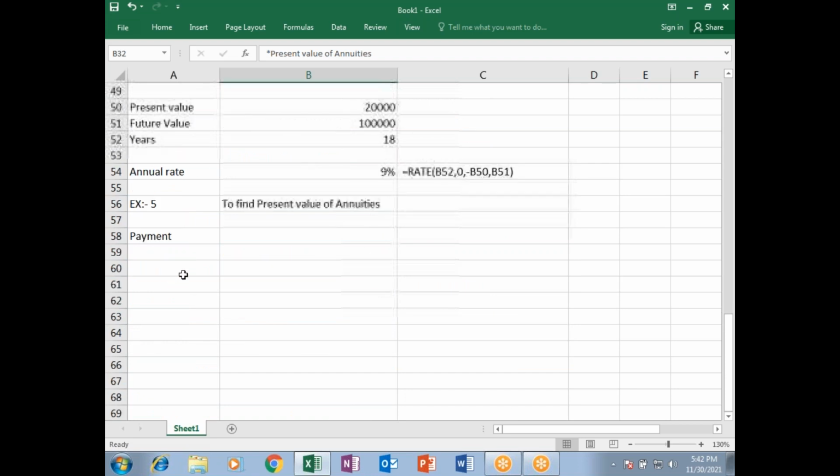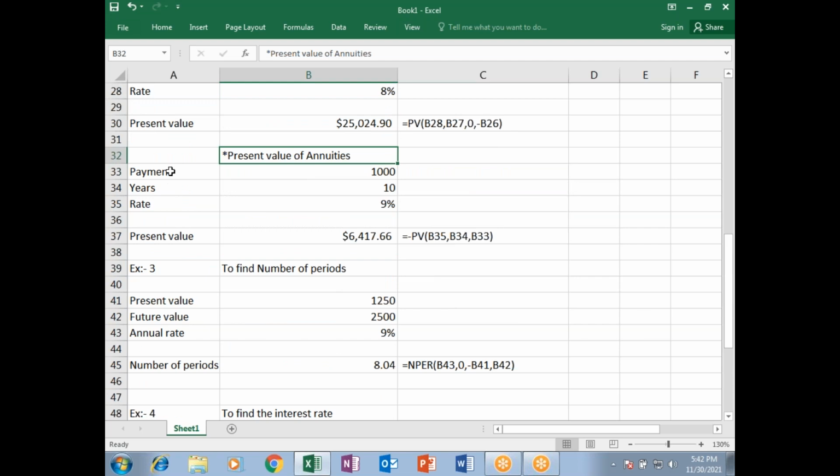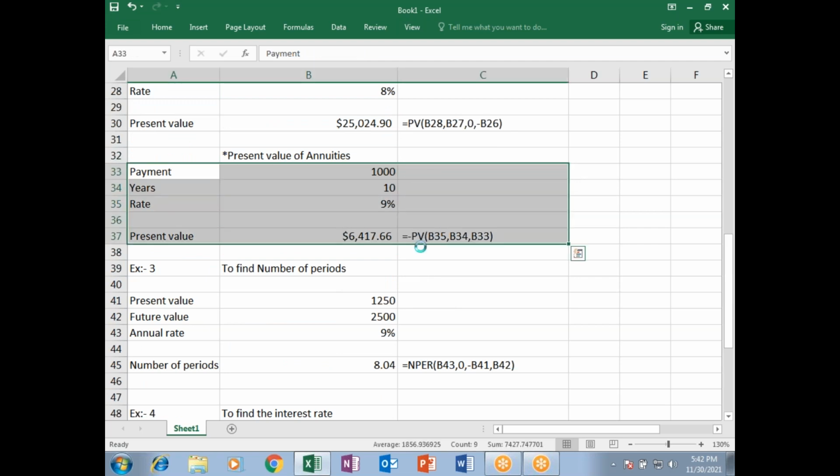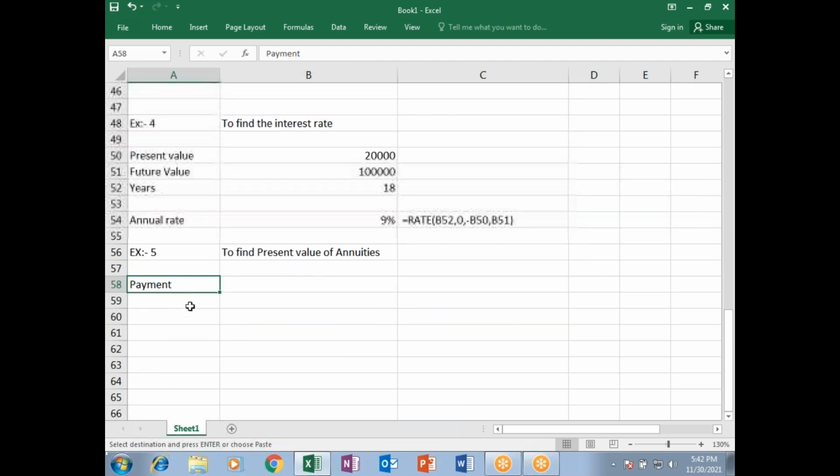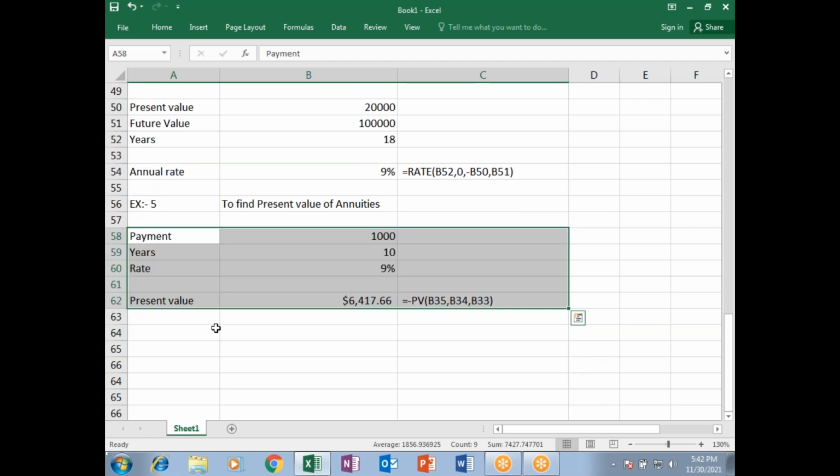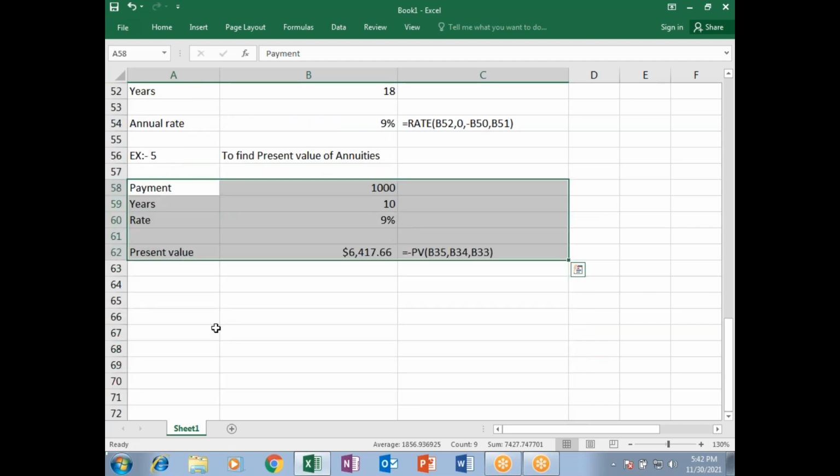In the same manner, if I want to use it for the future value, so for a future annuity, I'll be using FV with the payment amount. What if I wanted to find out the payment amount itself? If I wanted to find out the annual payment amount, then